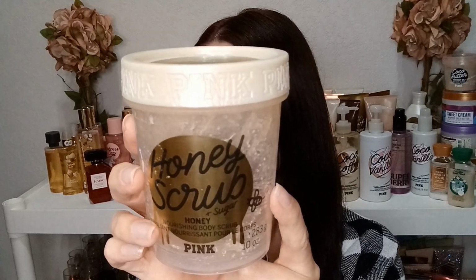All right, on to this. This is the honey scrub from Victoria's Secret Pink. I used it all up this summer. It smells really, really good. It smells almost like butterscotch candies, but it smells really good. Would I repurchase this again? Maybe. I liked the way it was and everything, but I actually prefer Tree Hut scrubs. So I might go for a Tree Hut scrub or a different scent